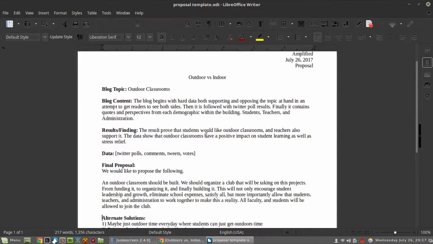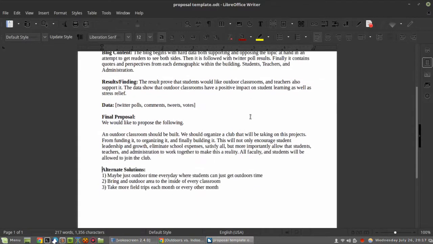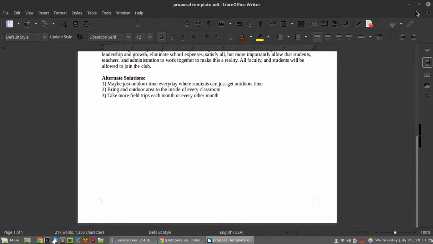So once your proposal is done, you'll print multiple copies for each of the admins to have their own copy and read through it. Then you'll schedule a meeting with them and present to them, pitch this solution to them, and ask what they think. Once that's done, you want to make sure you get